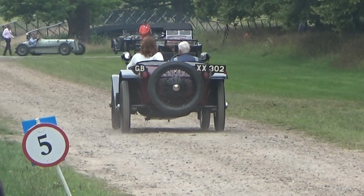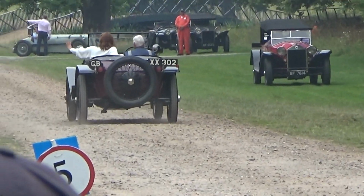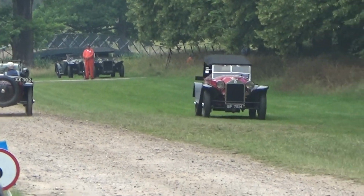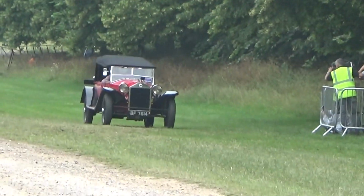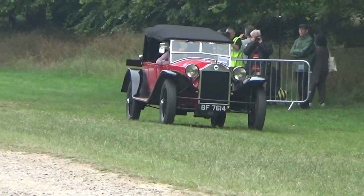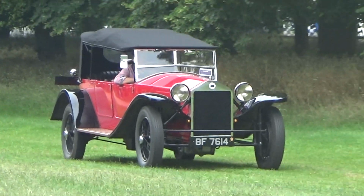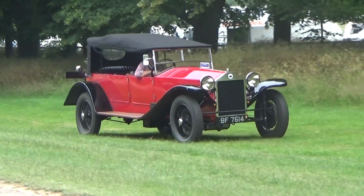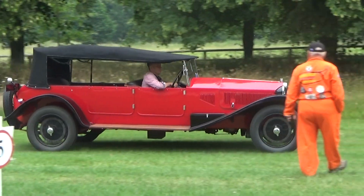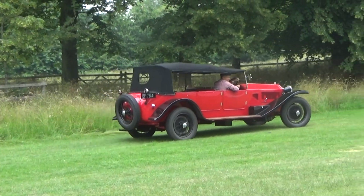Now the whole thing about the Lambda, it was a sort of breakthrough car, because they had sort of 4 pioneering innovations. They got monocoque bodyworks, because up until now almost all cars were built with what we call a ladder chassis, so the engine and the chassis, with the wheels, were one part, then coach builders would build whatever shape of body you wanted on the top. But the Lambda was the first to use what's called this monocoque construction. It also had brakes on all 4 wheels, which was unusual, but most importantly, perhaps independent front suspension,